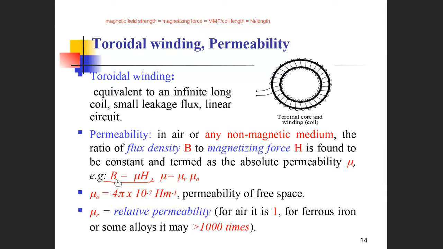So the relationship between the magnetic flux density B and the magnetic field strength H is B equal to mu times H. So the mu is defined as